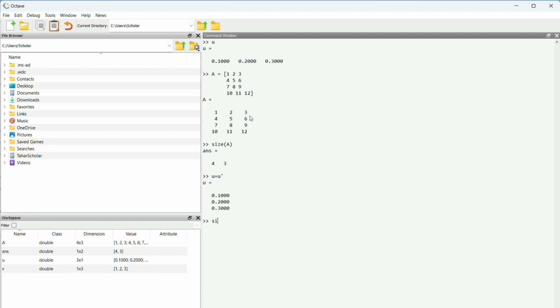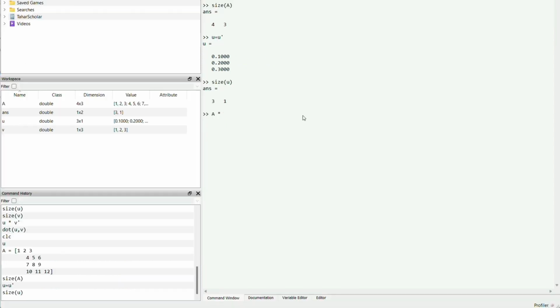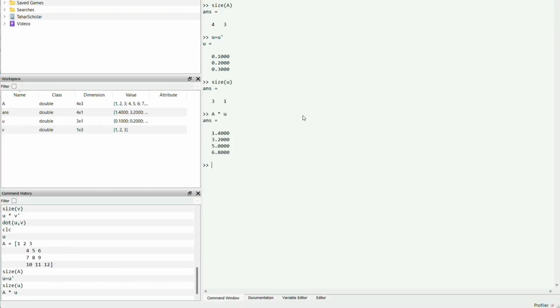So now the size of U is 3 by 1. So for the first matrix, the number of columns must correspond to the number of rows of the second matrix. And then we can perform the multiplication, the inner product of a matrix with a vector. As you can see, the result is obtained by